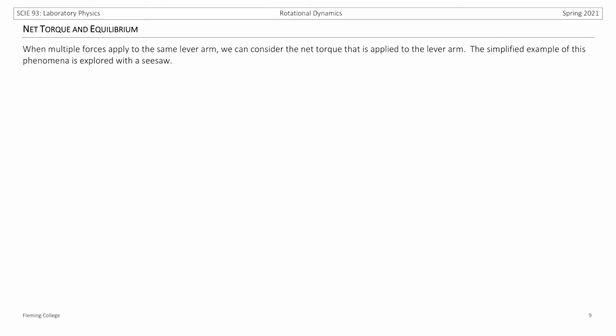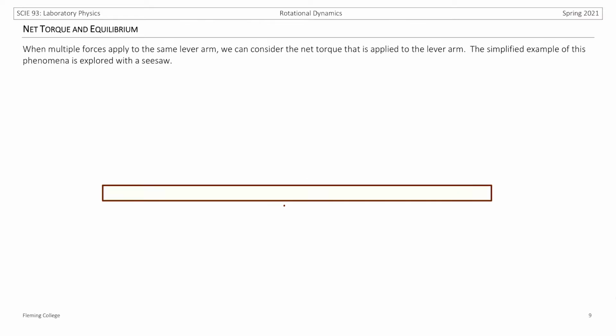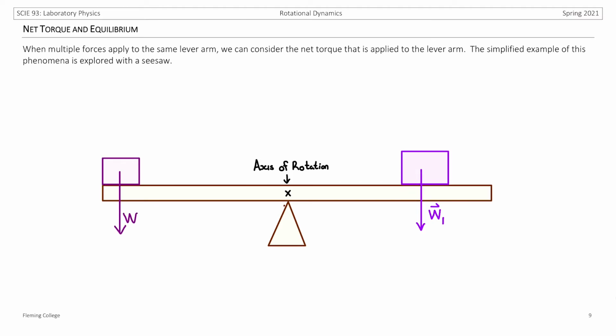When multiple forces apply to the same lever arm, we can consider the net torque that is applied to that lever arm. The simplified example of this phenomenon is explored using a seesaw. So we would have a thin rod resting on a fulcrum, which becomes the axis of rotation, and then we would have 2 weights, one pulling down on each side,